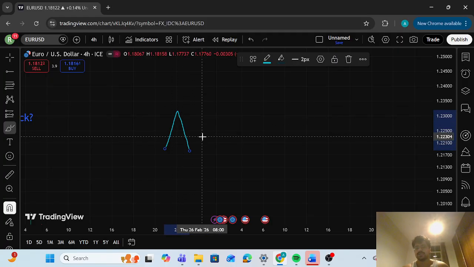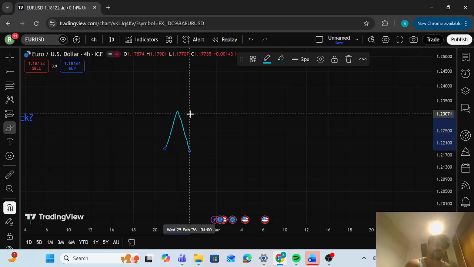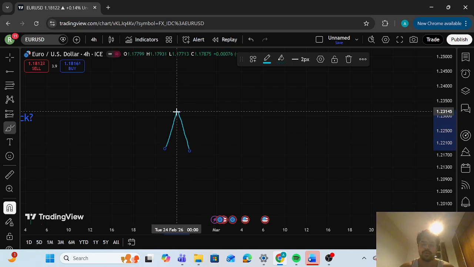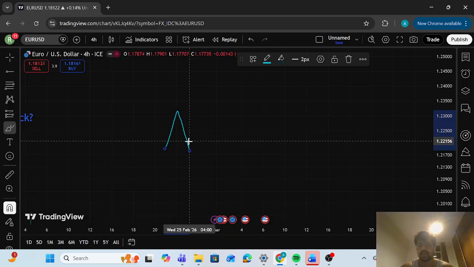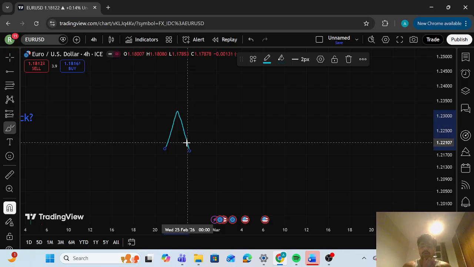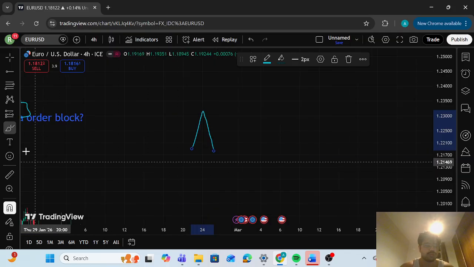The way I like to do it is based off of your daily trend. So if you're bullish on the day, you're looking for leg up order blocks. And if you're bearish on the day, you're looking for leg down order blocks. Okay, if that makes sense to you guys. You follow your bias, and that is how you decide which order block to use, the leg up or the leg down. So going back to